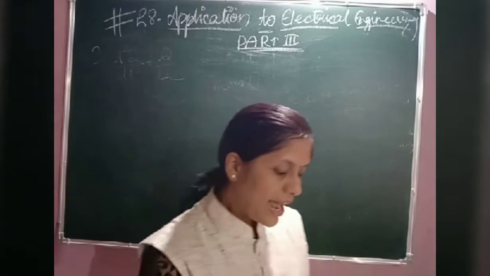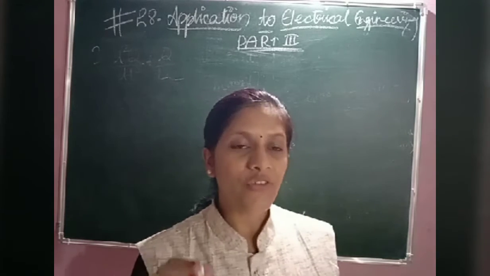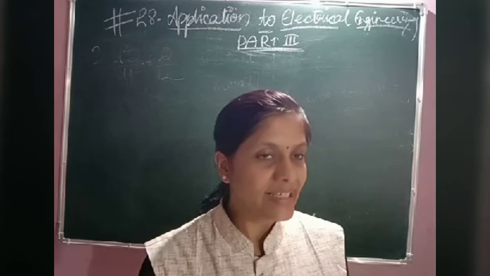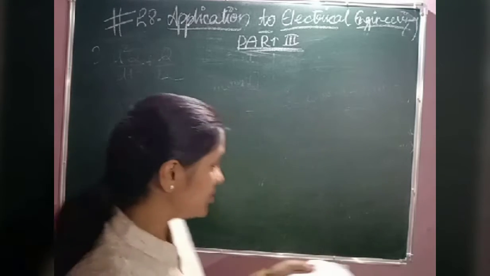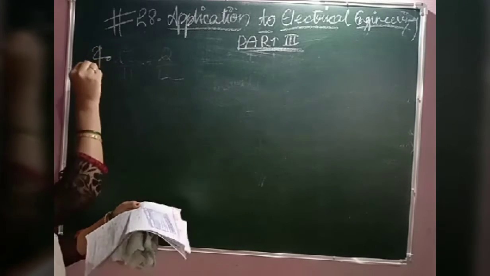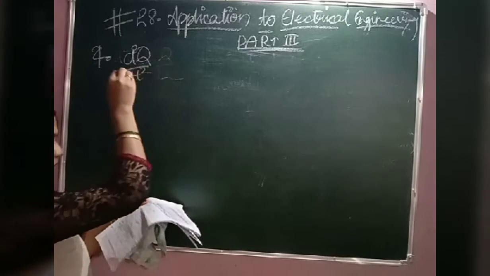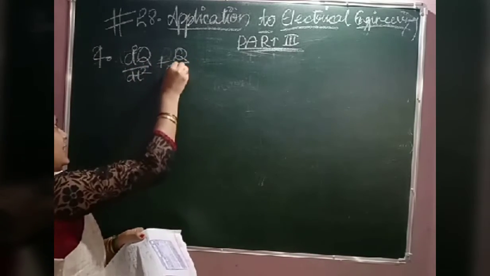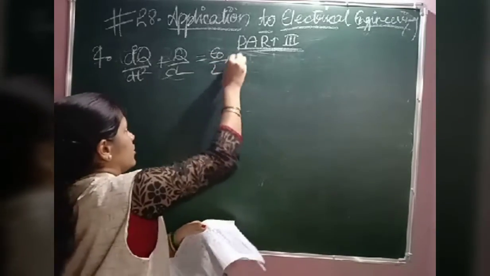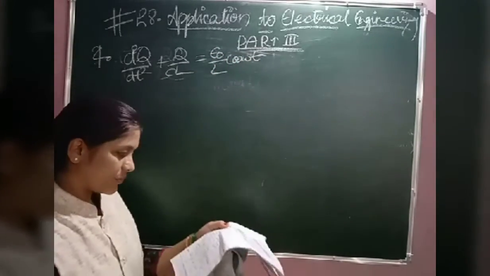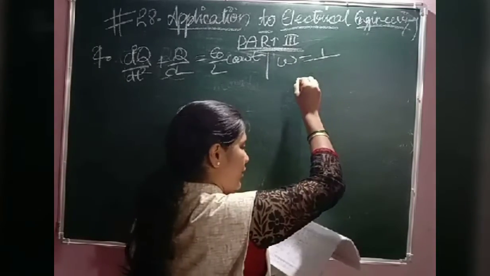So the fourth question has been given as: an electric circuit consists of an inductance L, capacity C, EMF E, so that the charge Q satisfies the differential equation. The fourth one, the differential equation has been given as d²Q/dt² + Q/(CL) = (E₀/L) cos ωt, if ω = 1/√(LC),